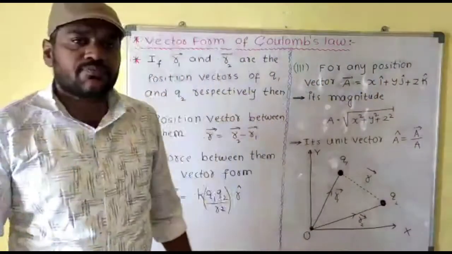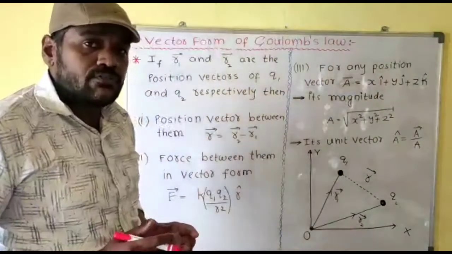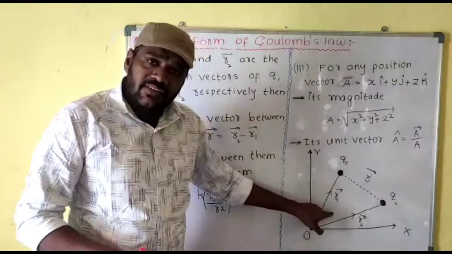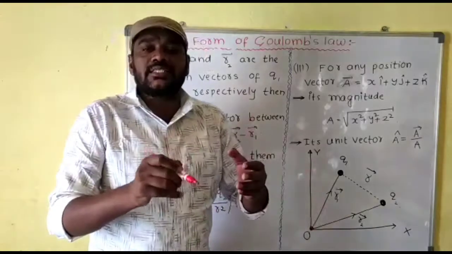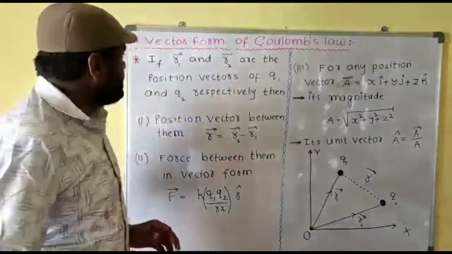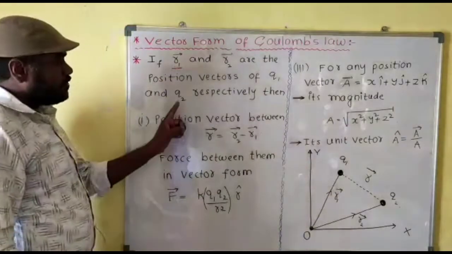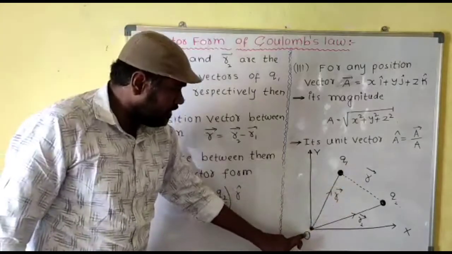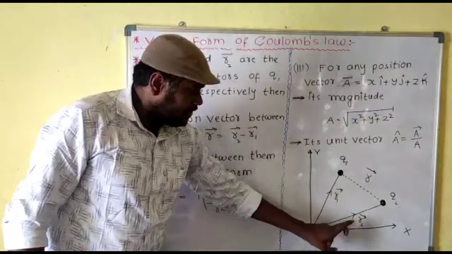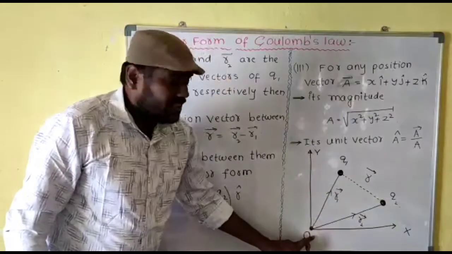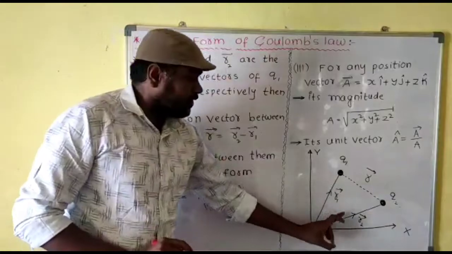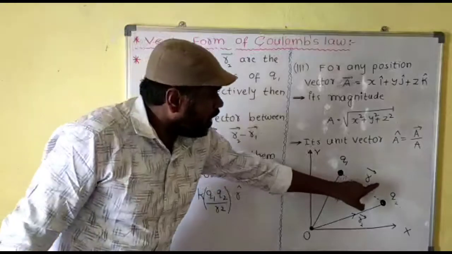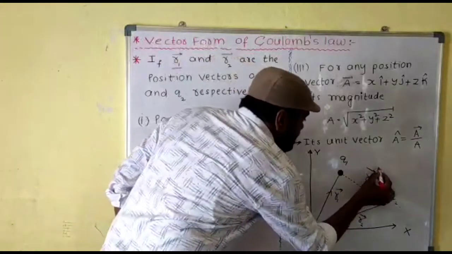Now let us discuss how to find the electric force when the two given charges are given by position vectors in any plane with xy coordinates and in any space with xyz coordinates. Let us suppose r1 bar is the position vector of the first charge from the origin. Similarly, r2 bar is the position vector of the second charge from the origin. Then we don't want these position vectors. What we want is the position vector between them to calculate the force. Therefore, the position vector between the two charges is what?